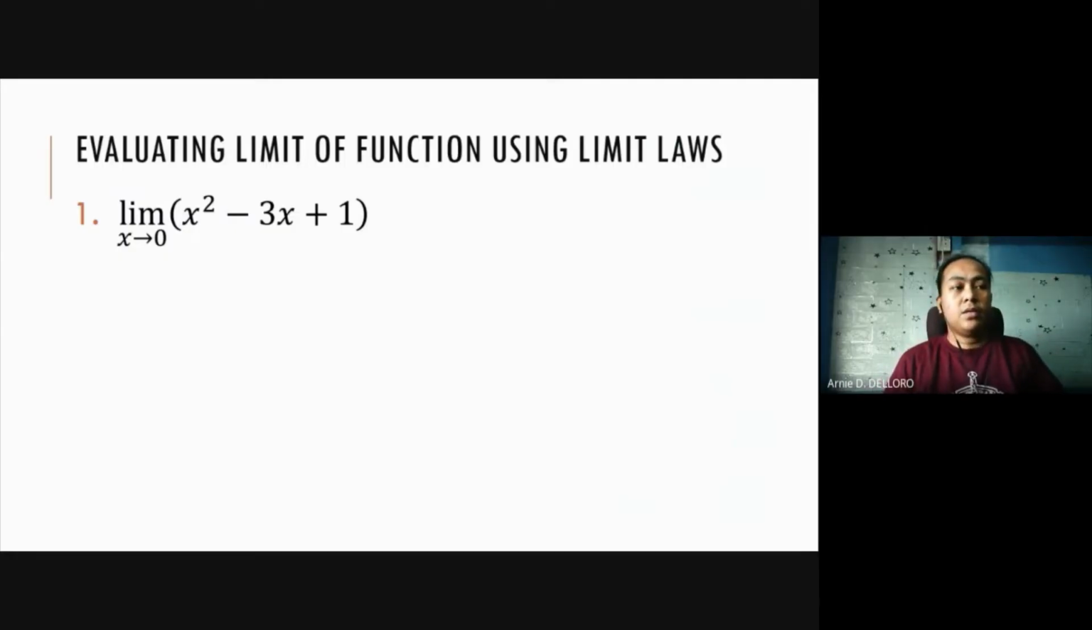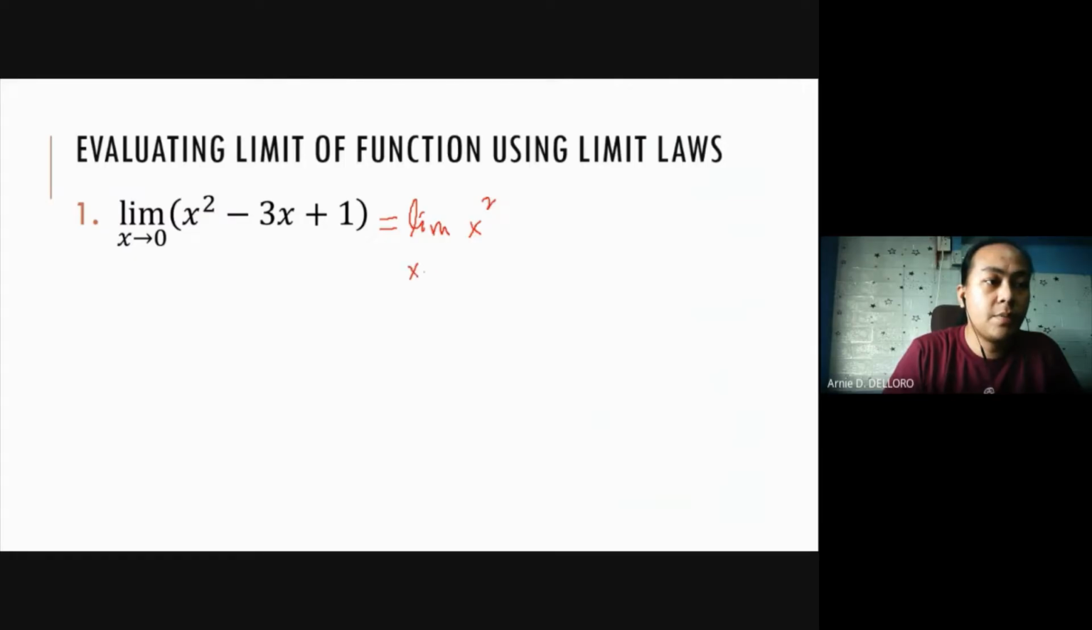For number 1, the limit of x squared minus 3x plus 1 as x approaches 0. Actually, we can apply more than one limit law here. Let's evaluate this one. What we will do is separate these terms first. The x squared, we can write as the limit of x squared as x approaches 0, minus,